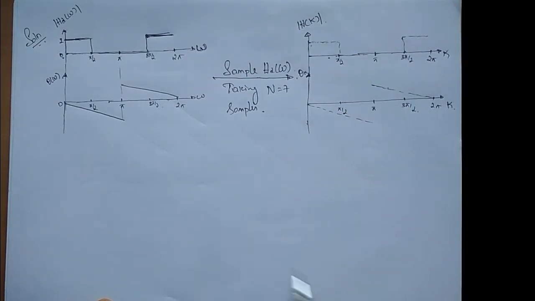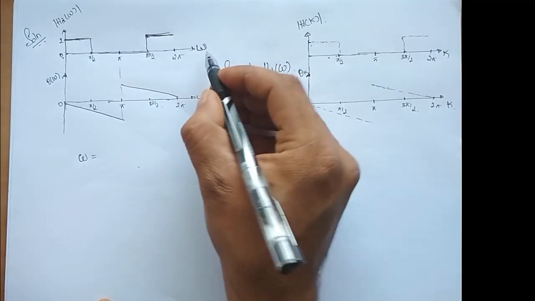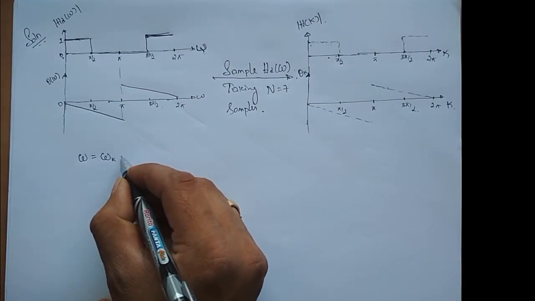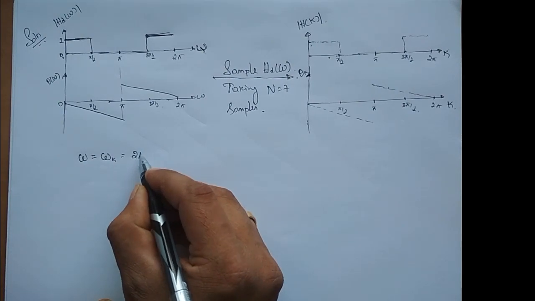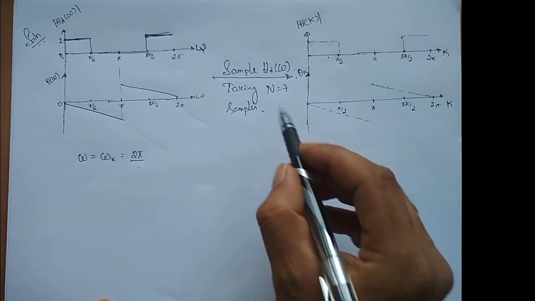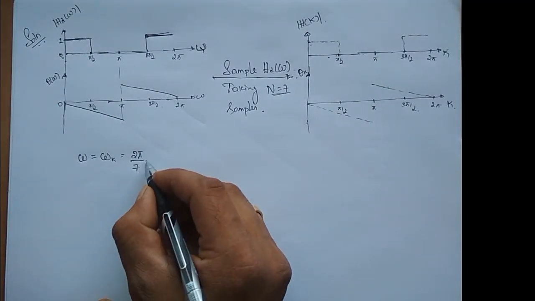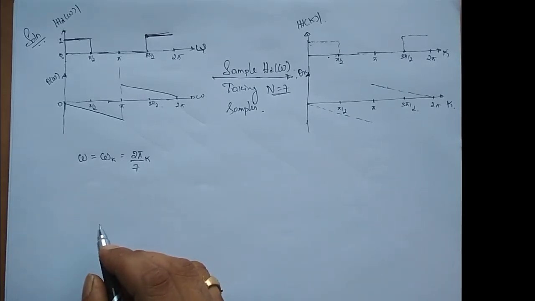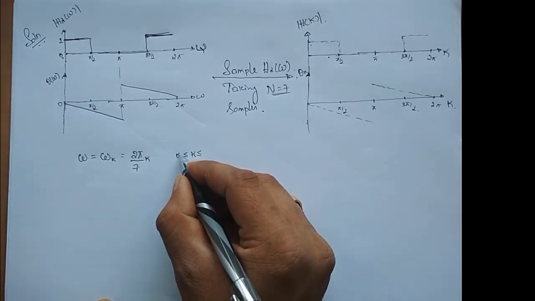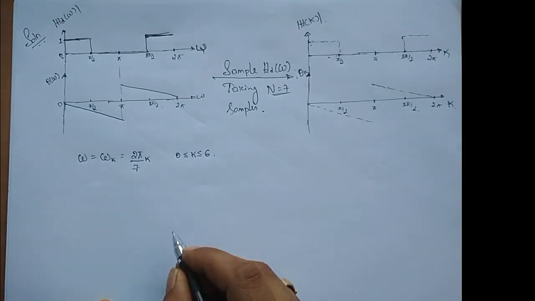Now omega, this omega, I'm sampling it. So to address the samples, I will call it omega k, which is equal to 2 pi. Why 2 pi? We are considering 0 to 2 pi divided by how many samples we need to take? We need to take totally N, which is 7 samples. So omega k is 2 pi by N into k. For how many values does k take? k takes totally 7 values varying from 0 to 6, including 0, it is totally 7 samples.